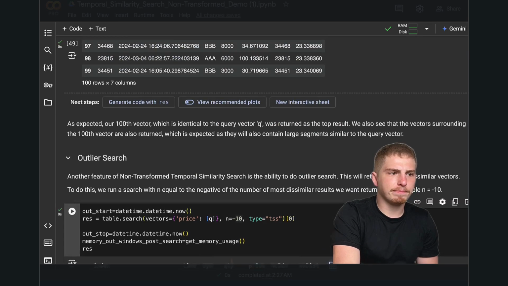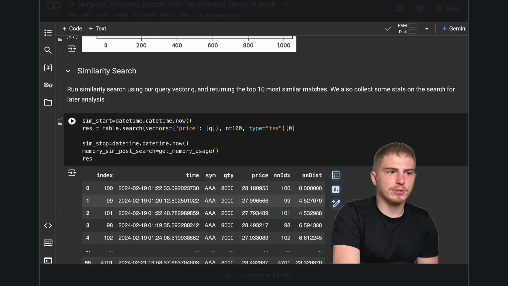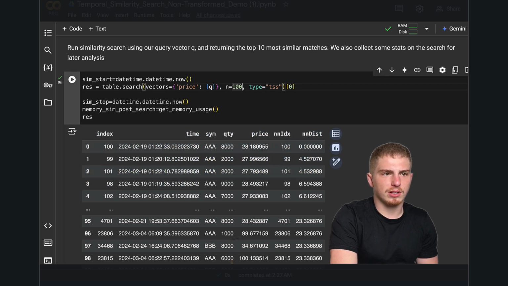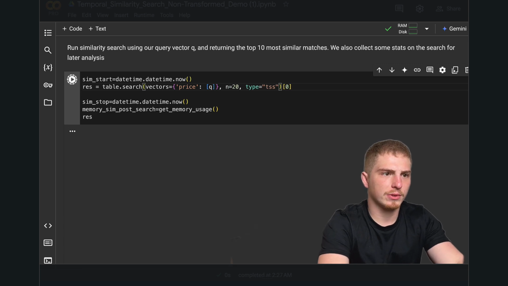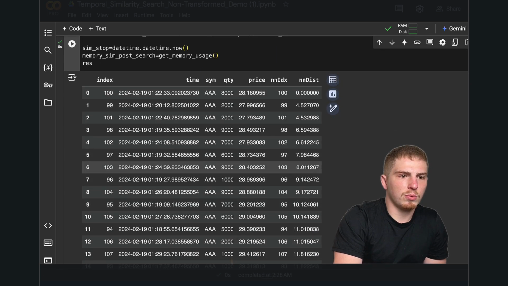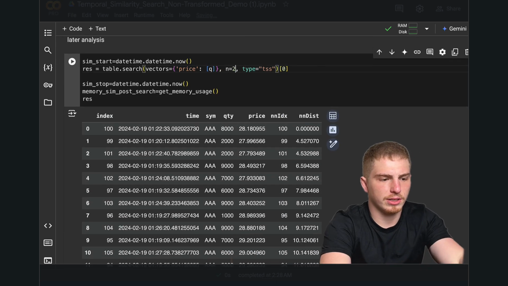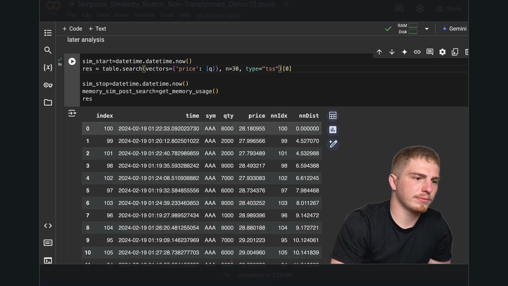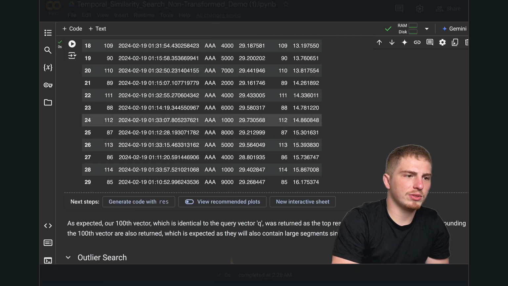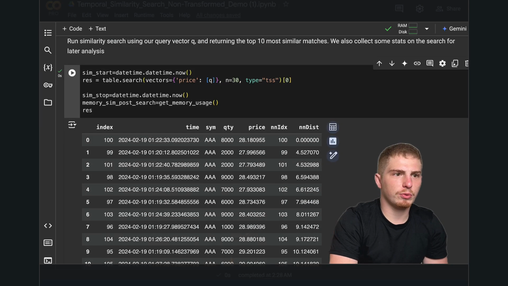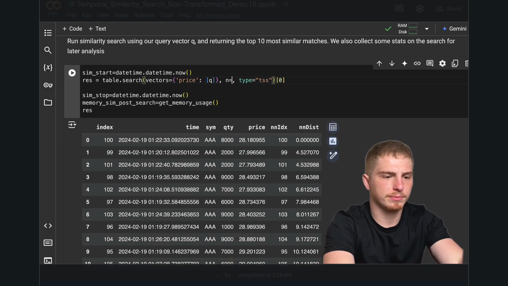An outlier we could think of as a similarity search. So let's say we take a similarity search, and the first vector we get outside of our buffer. To see that, let's do 20. So we have a little buffer here. These are pretty much the same vector. And then finally, let's take 30. And finally, we get a result outside of our little bubble. Let's say our buffer is 10, we get 114. Or if we want to define a buffer to be greater,